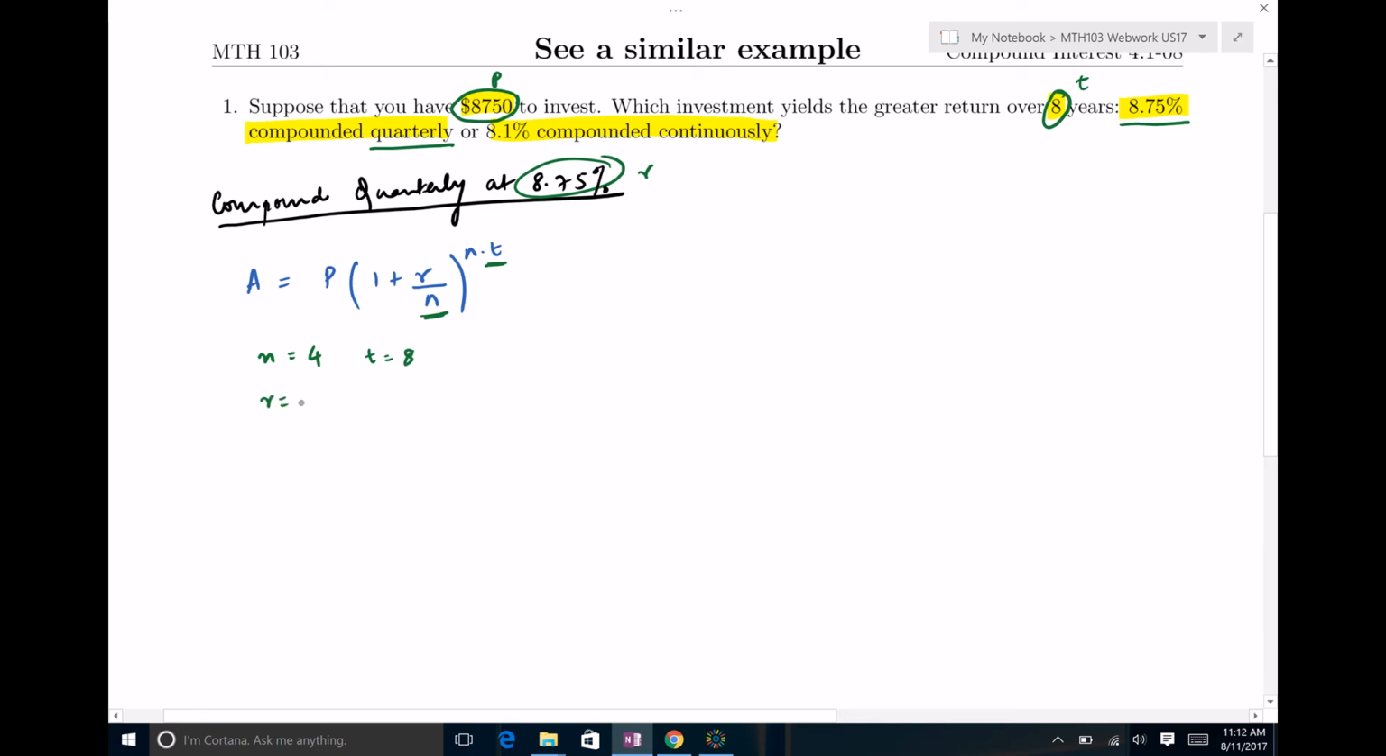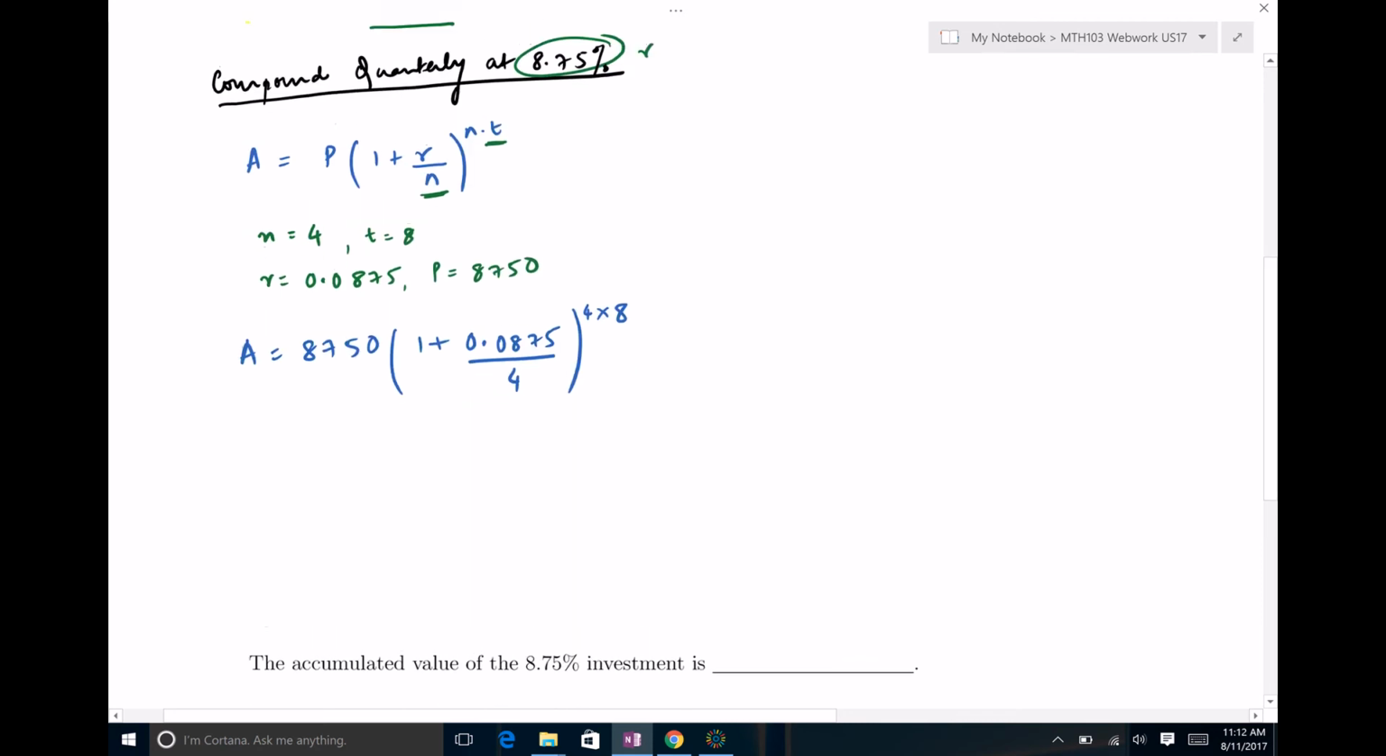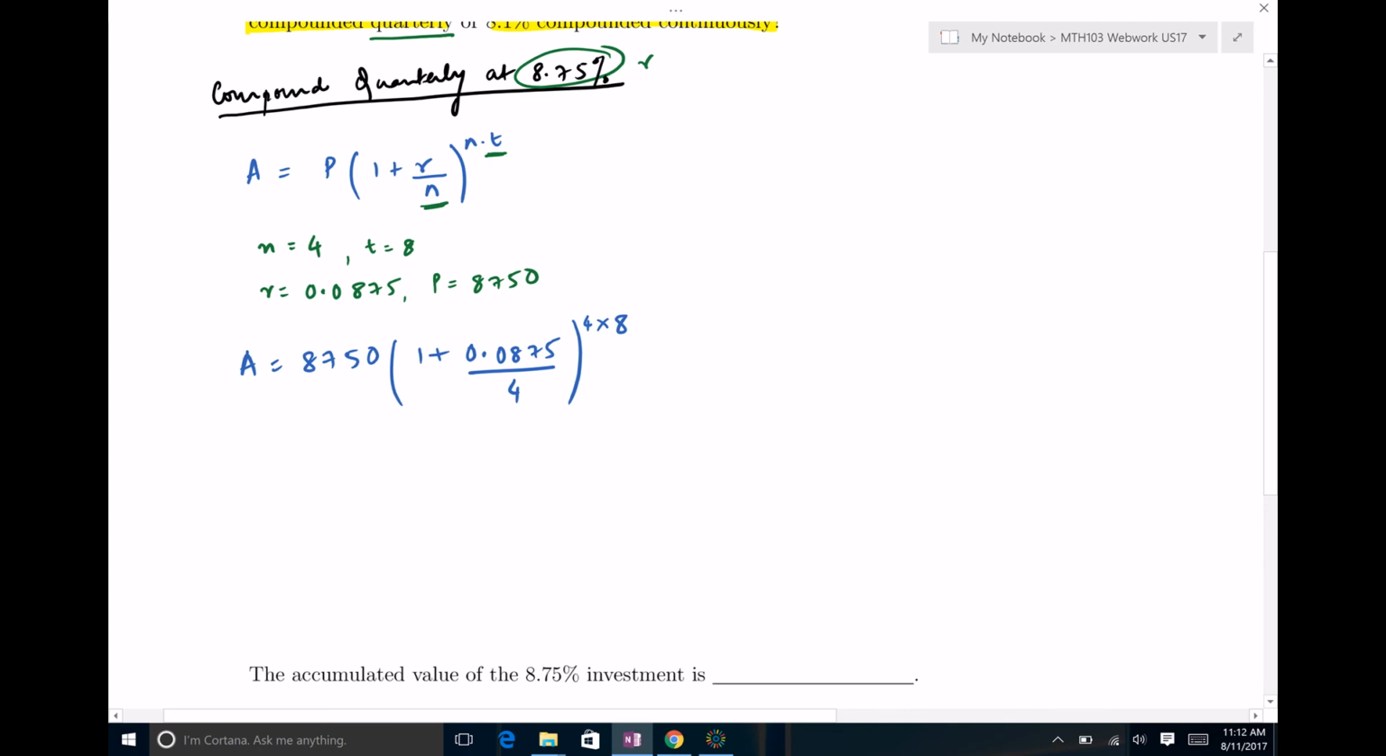In this case, R is 8.75%. So that's 0.0875. And P, the principal, is 8750. So all I need to do is plug all of this into my formula. So A equals 8750 times (1 plus 0.0875 over 4) to the 4 times 8. All you need to do is plug this entire monster into your calculator and your answer will be